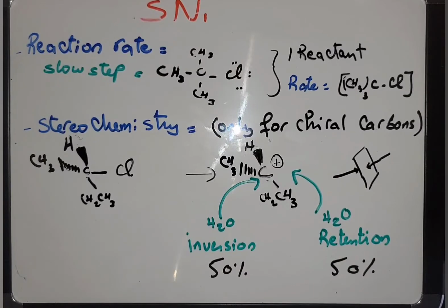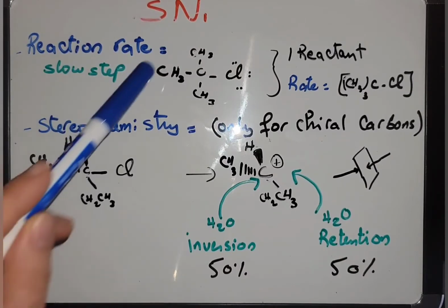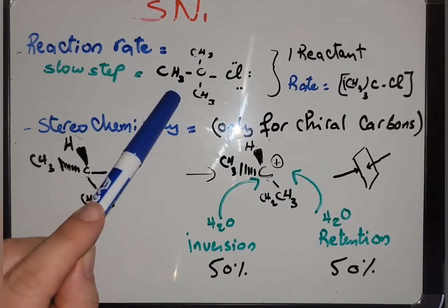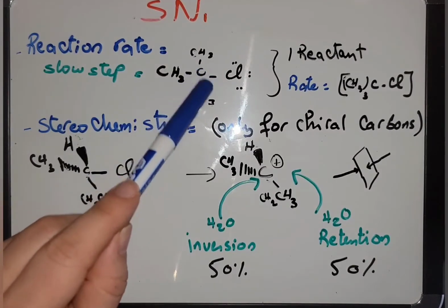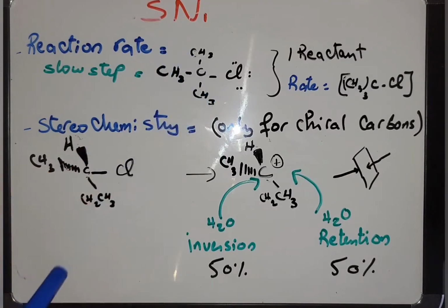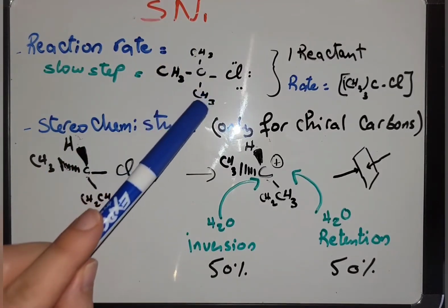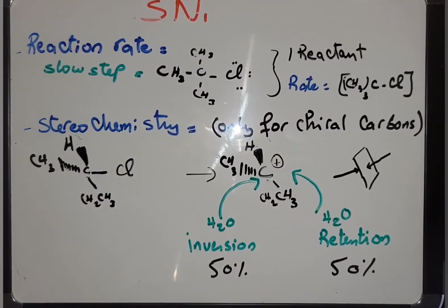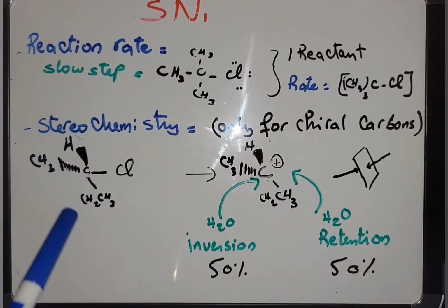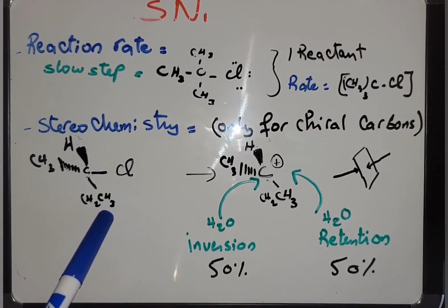Now let's talk about stereochemistry. For this example here, we don't have to worry about stereochemistry since we don't have any chiral carbon. The carbon over here is bonded to 3 same groups, so it's not chiral. We don't have to draw all the options for the product. But if we have this kind of molecule with an H group, CH3 and CH2CH3, we have to think